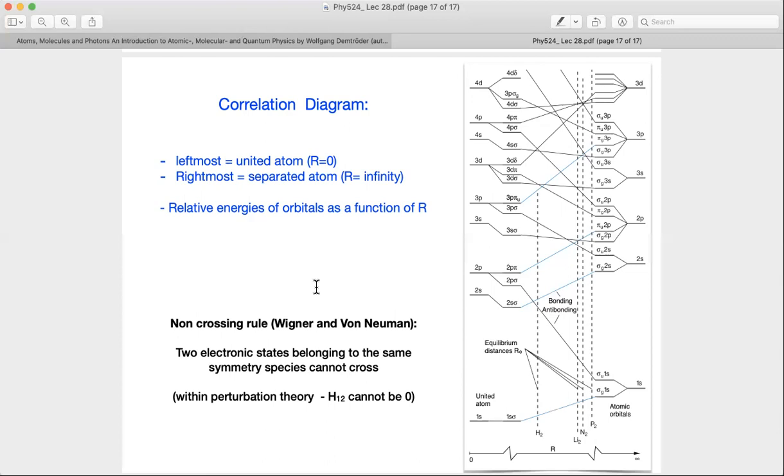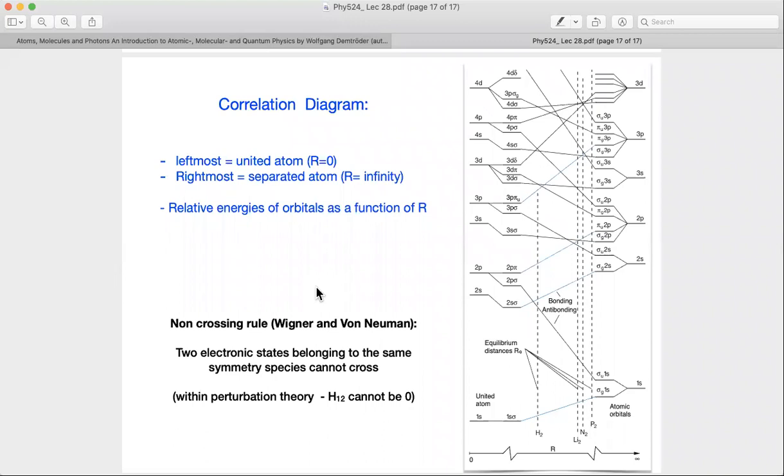So if you have two energy levels E1, E2, and you add some perturbation H12, then we can solve for the energy levels, and you find that the energies are given by (E1 plus E2) over 2, plus minus the square root of (E1 minus E2) whole square plus mod H12 whole square, etc. So as long as I have this finite H12, the lower level will be lowered in energy, and the upper level will be raised in energy, but they will never cross each other, etc. So that's the idea.